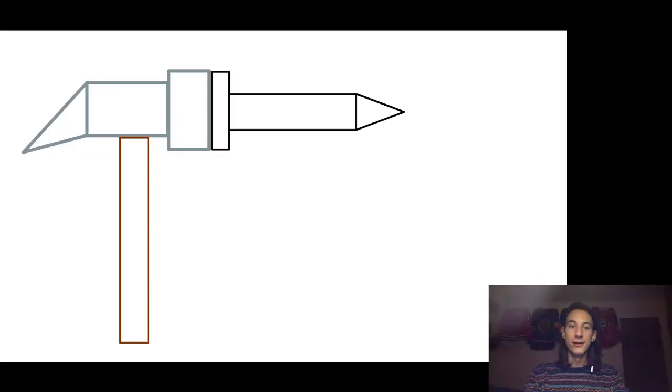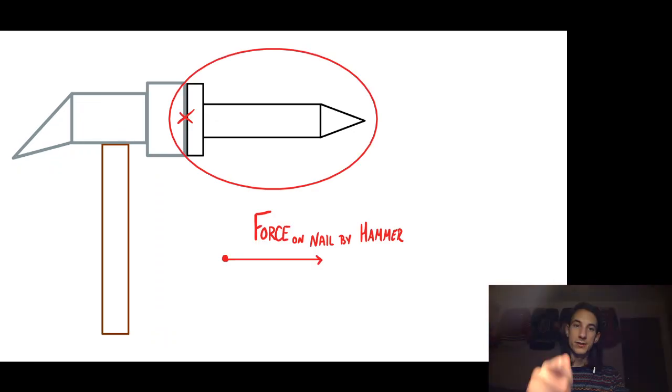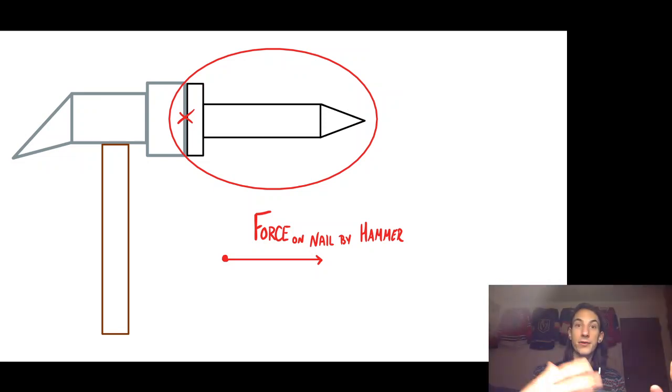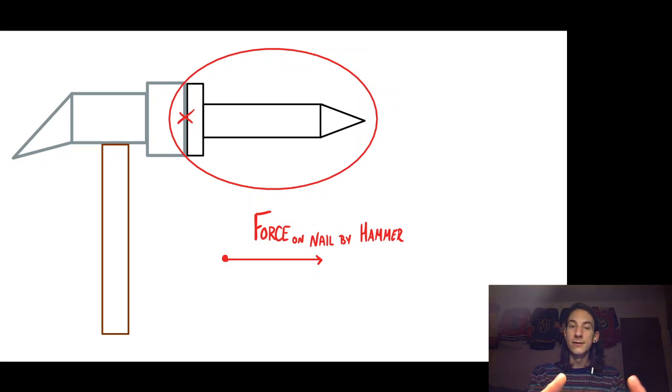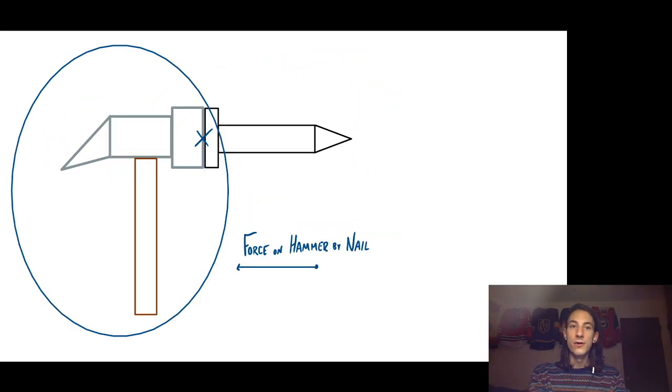So if we're looking at a very common situation, hammering a nail, a very oversized nail, and a poorly drawn hammer, when they interact with each other, what we can do is we can do our force diagram just like before. We can circle one object, so we have these two objects in our interaction, the hammer and the nail. So we have the nail, we're going to circle it, we're going to say, okay, well it has this contact from the hammer, I see that that's crossing my circle, and I have a force that's acting on the nail by the hammer. And then if we look at this force pair, we say, oh, well I can circle my hammer and then say there's a force acting on the hammer by the nail.